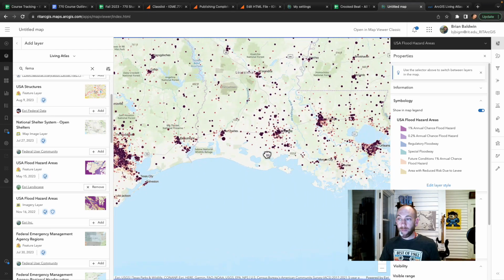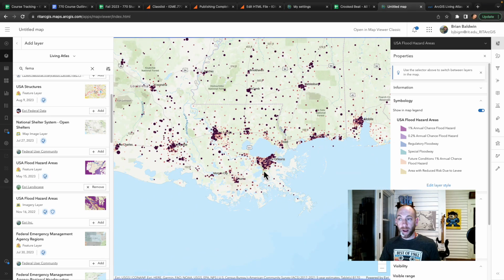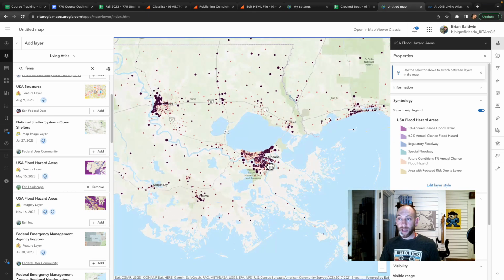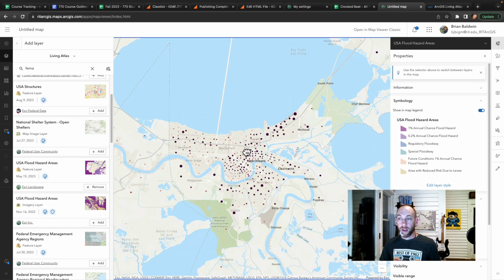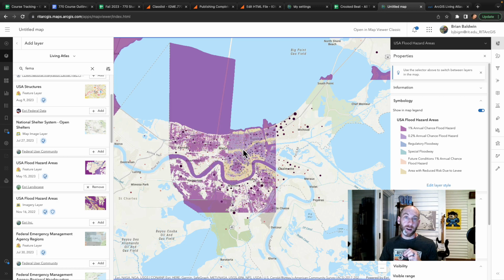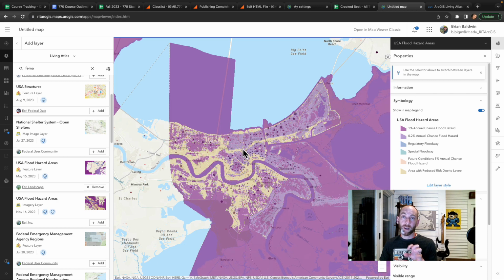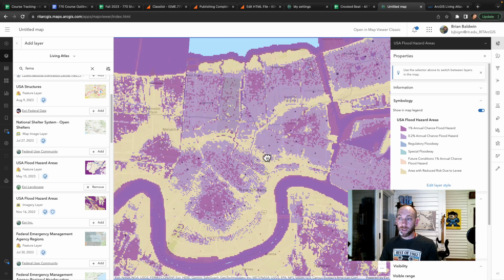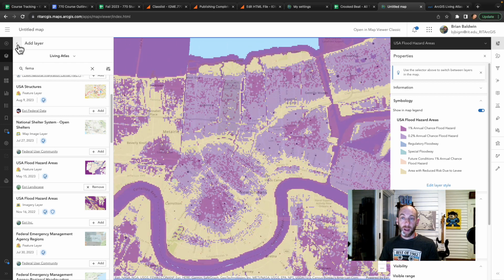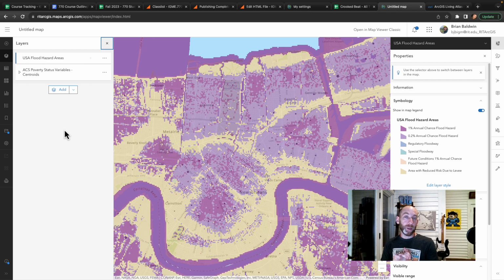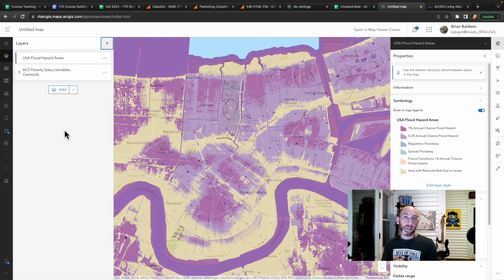So now what do I have in the map? I've got poverty data, and I've also got information related to flooding. And so the purpose of my map is I want to paint a picture of how populations could be impacted by flooding. In particular, I want to show how populations that are in poverty could potentially be impacted. So I'm going to zoom into New Orleans, and the second step of this exercise is to modify the symbology